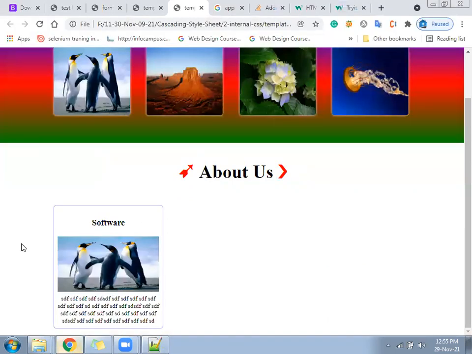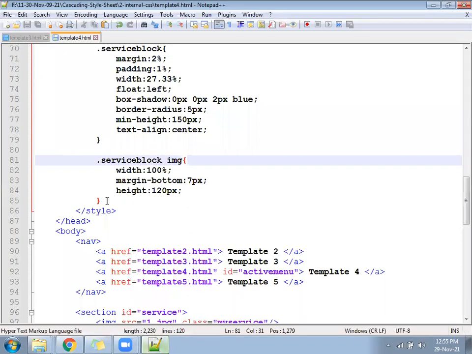Now the photo is coming within a particular circle, the block that we have made. We'll go to the HTML.